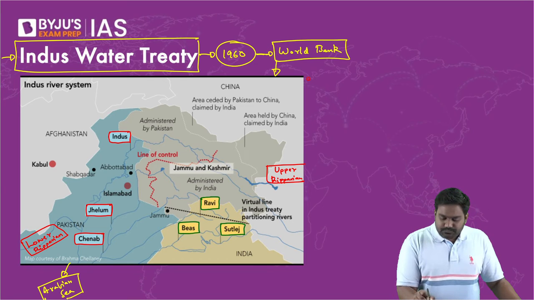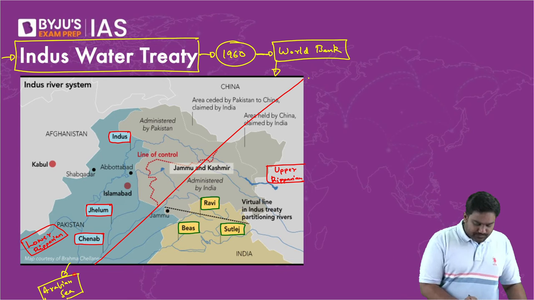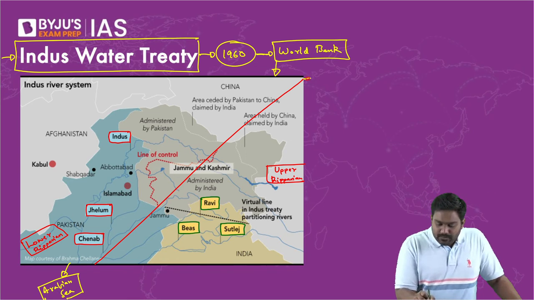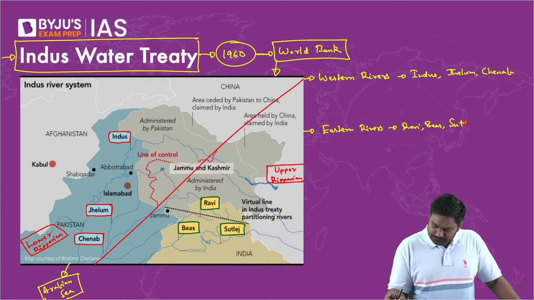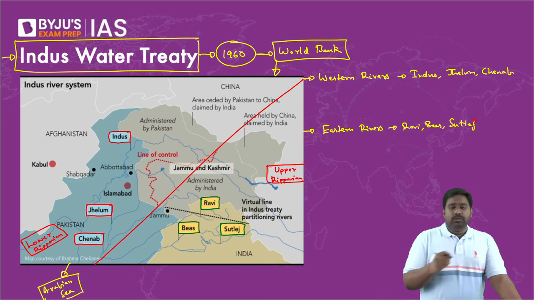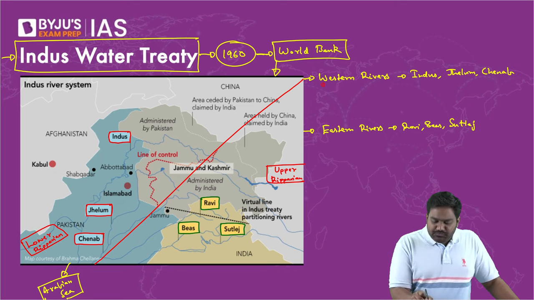According to the treaty, the Indus Basin is divided into western rivers and eastern rivers. The drainage basin has been divided. You have the western rivers and eastern rivers. Western rivers are Indus, Jhelum, and Chenab. The eastern rivers include Ravi, Bias, and Satluj. All right. And depending on the needs of India and Pakistan, a fair share has been allocated to both the parties. In case of Western rivers,